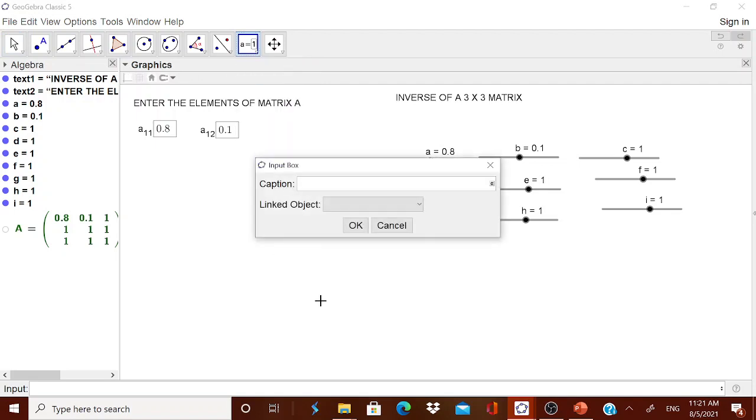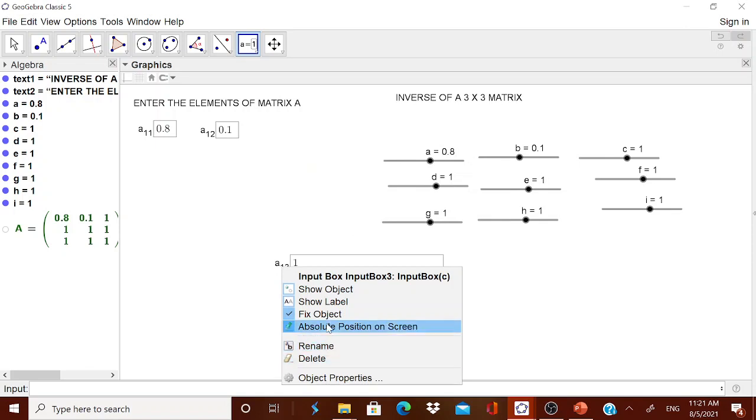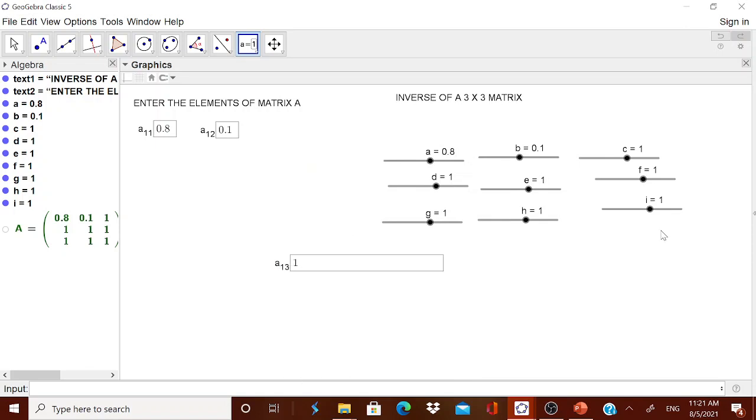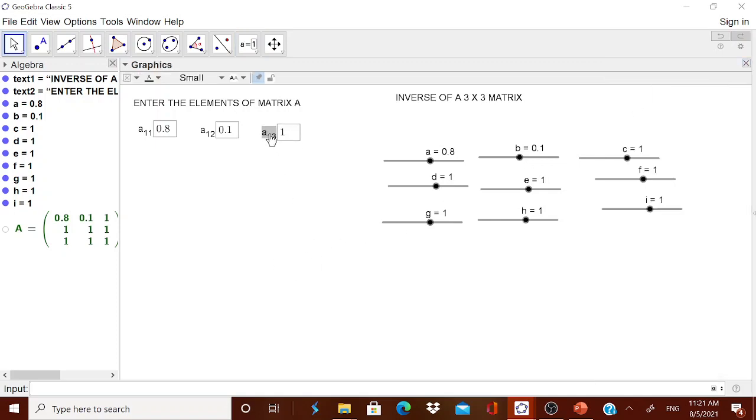Go to the input box, first row A and third column. Here the element which I am taking is C. Anyway, this is only known to me, it may not be known to the child. Okay, object property, then I convert it into 3. I am making it at least one matrix. If you are getting it, it will be easy for you. Now the first row is being shown there.